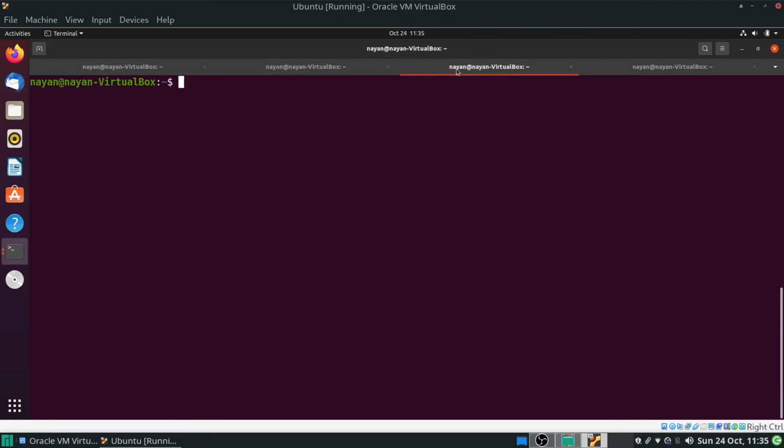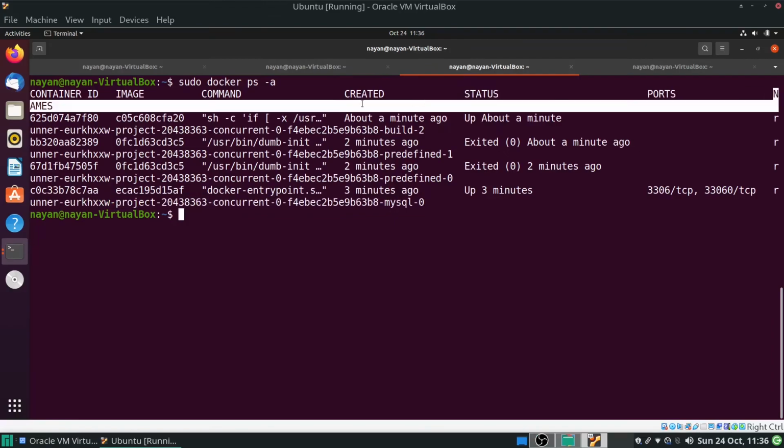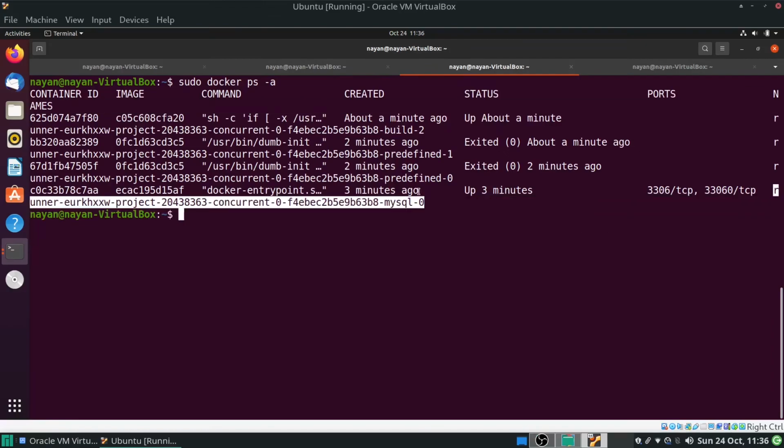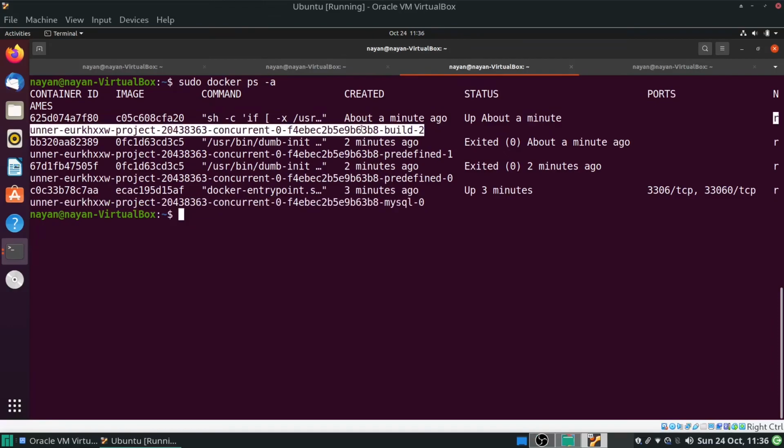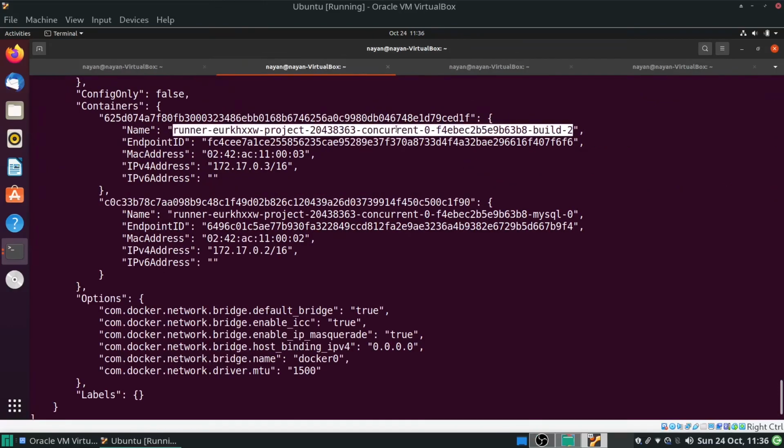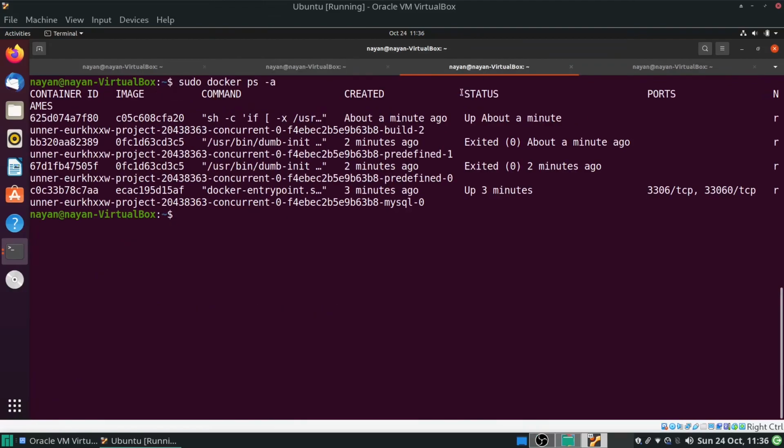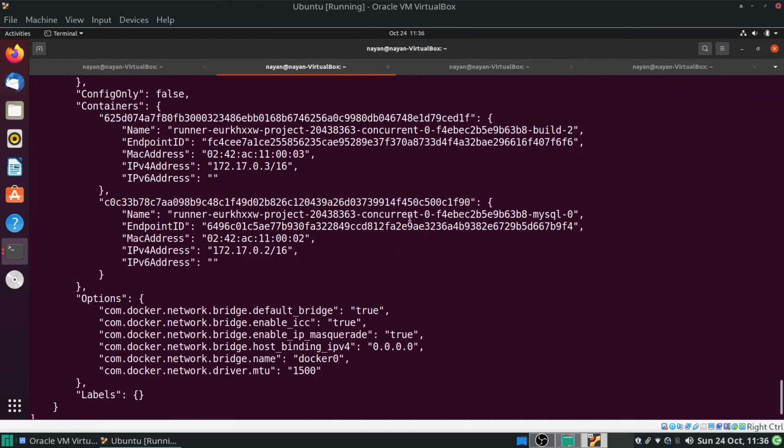So over here, sudo docker ps -a. You can see the name column has this MySQL word in it, so this is the MySQL image container and this is the Python image container. This build2 is my Python image container and this MySQL-0 is my MySQL image container.